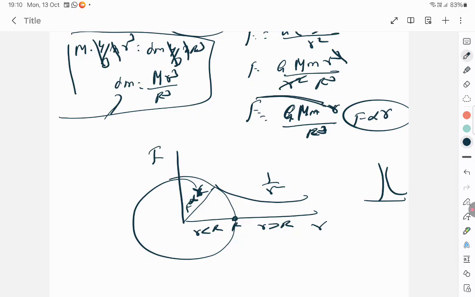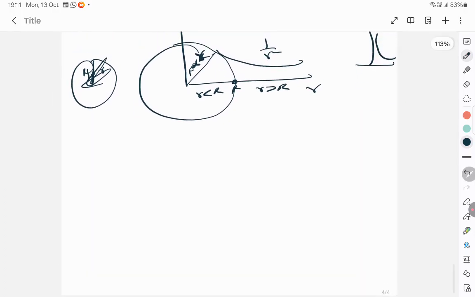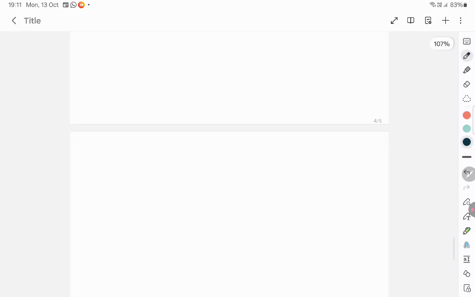Supposing we take a stone, the earth is here, I keep the stone away from the earth. There is a distance R, so it's inversely proportional to R square. Now I dig a hole and I bury the stone inside. The force will be directly proportional to r. As the person inside of the earth, as r is increasing, the force is also increasing. Outside, as R is increasing, force is decreasing. Are you clear? So that's about this. Shell theorem is over.